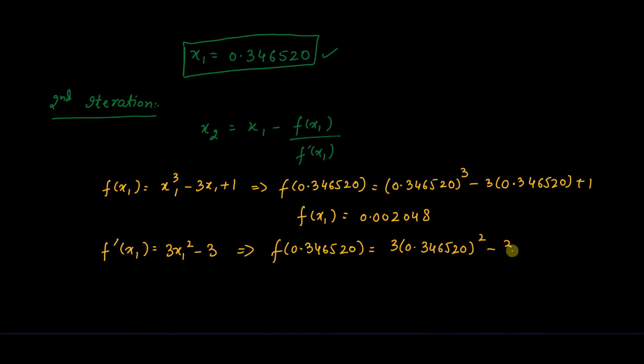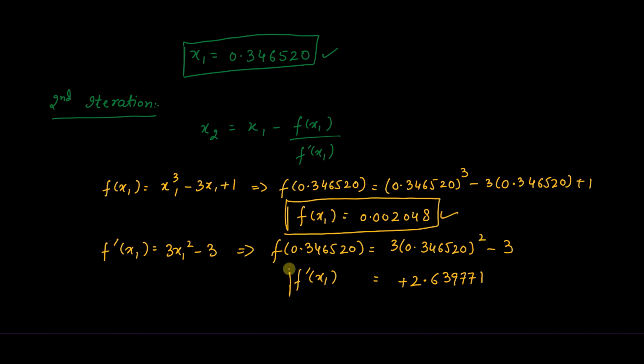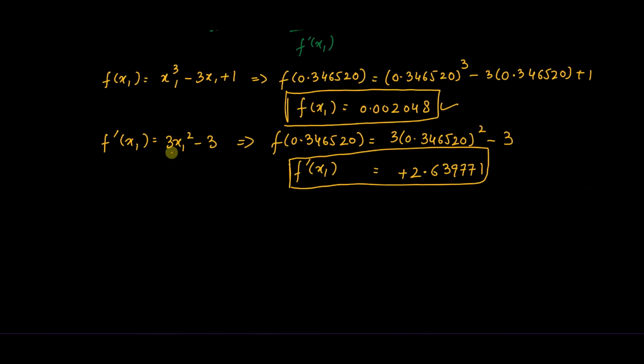0.346520 raised to square minus 3. Now after solving we will get positive 2.639771. Now we are going to substitute f of x1 and f prime of x1 back into the formula at their respective places. So x2 is equal to x1,